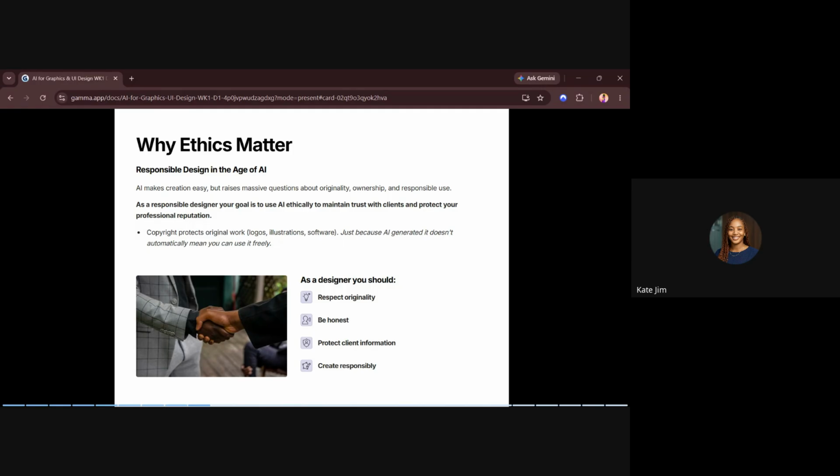But not now. Any small mistake you make, you're already being published. People will say you stole their idea, you did this, you did that. Even if that wasn't your intention, you find yourself prey to these things. So as a responsible designer, your goal is to use AI ethically to maintain trust with clients and protect your professional reputation.